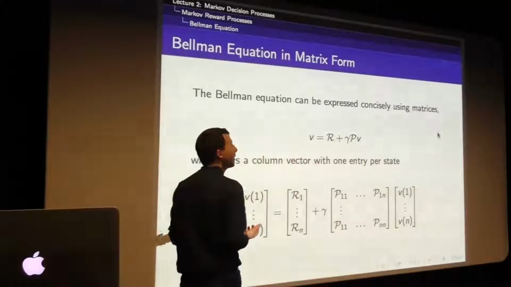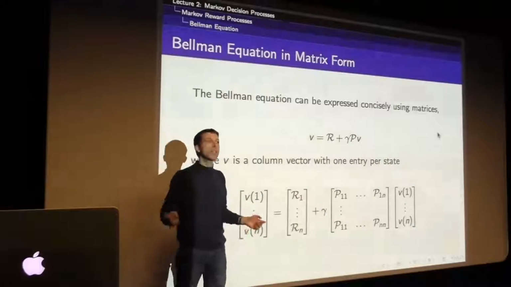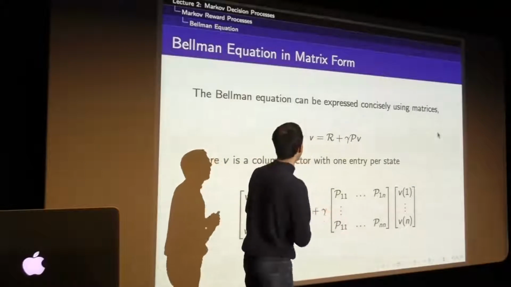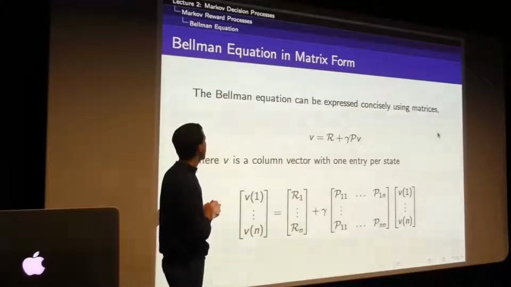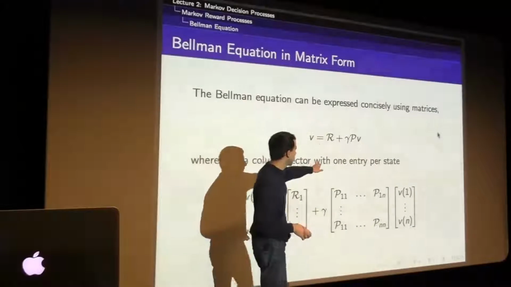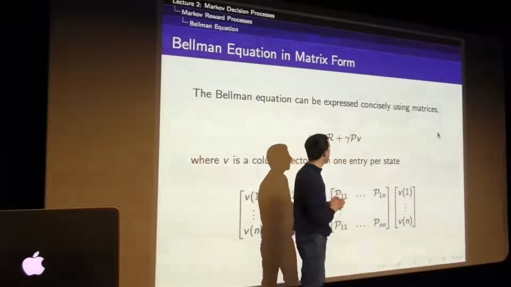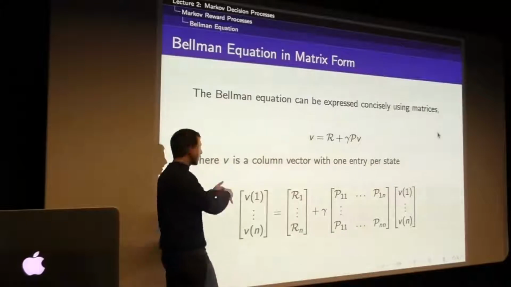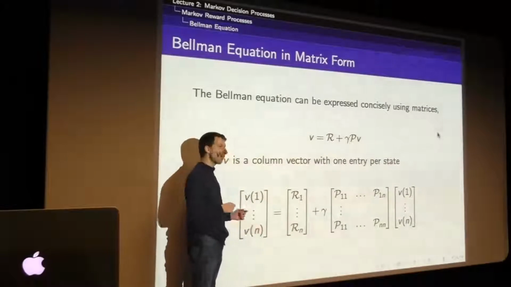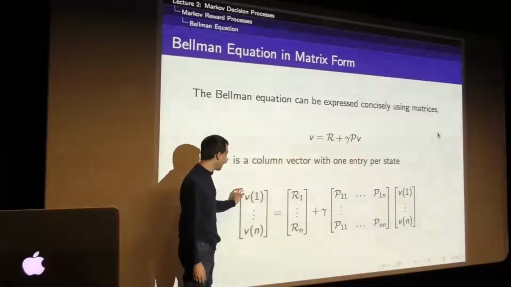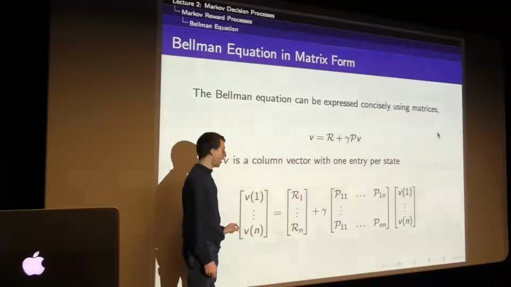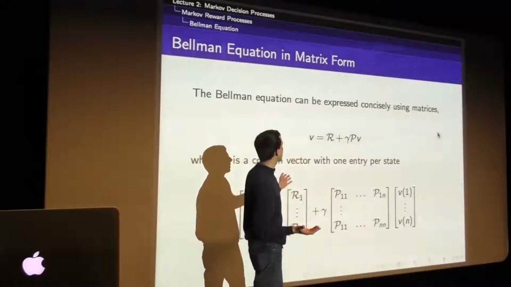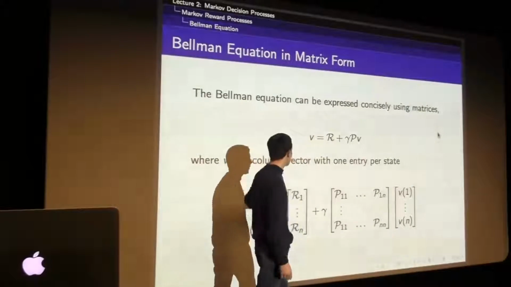Okay, so this Bellman equation, so far we've seen how to spell this out literally state by state, but there's a much more concise formulation which is using matrices and vectors. So if we spend a moment to understand that, we can use this matrix formulation of the transition matrix, which we've already seen. But now we're going to introduce a vector representation of the value function, which is the obvious thing. We form a column vector where each element contains the value function of a specific state for all states from 1 to n. Okay? And so now we can write out our Bellman equation very concisely. It's just that the value function that you start with, this column vector here, is equal